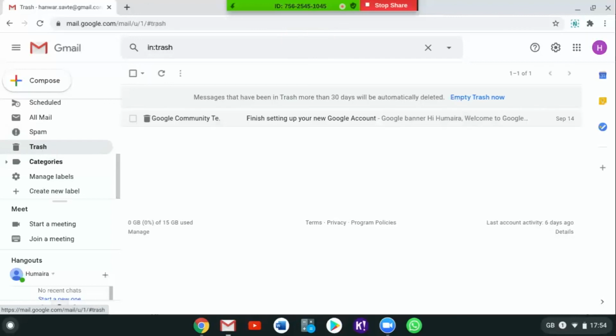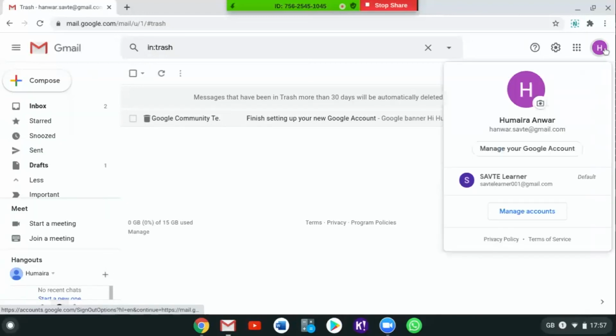All of the deleted emails, whether you have deleted them from inbox, sent, starred, or drafts, they all come up here. Trash doesn't delete your emails until 30 days. So if you have deleted something mistakenly, you can come back to trash and find that email and retrieve it from here. This is a very important feature. So make sure that whenever you delete something, do not delete it directly from the trash as well, so that you can retrieve it afterwards.